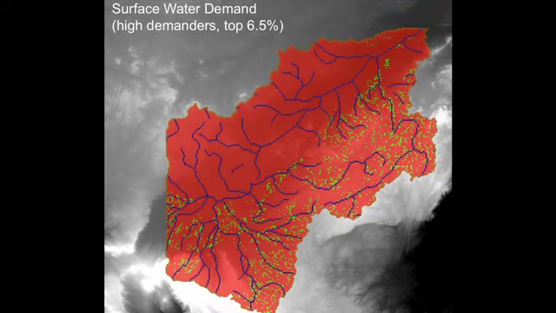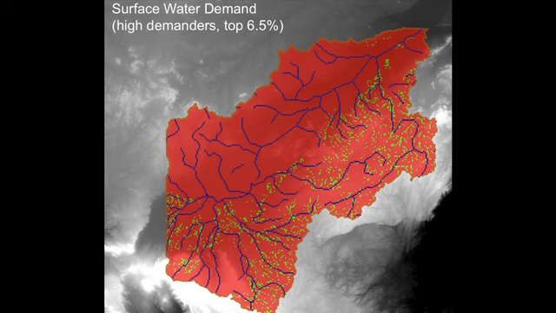But what we're trying to get to, and to connect back out to the health story of interfaces, is, so, two more maps. Now you start to get at where your surface water demand is the greatest, and we're still trying to work this out because we have so many pixels, right?